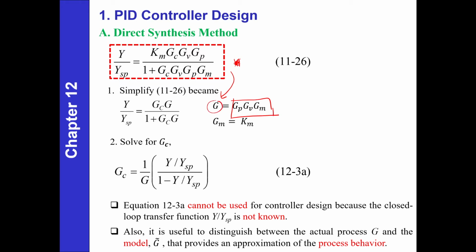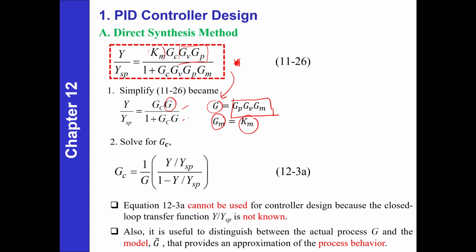We make it as a G, and GM is still equal to KM. So we substitute this into G, and do it for both